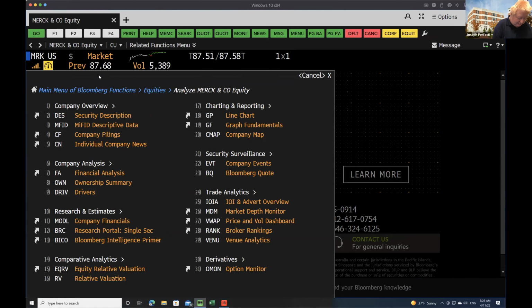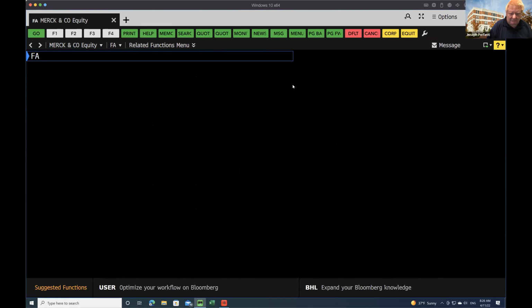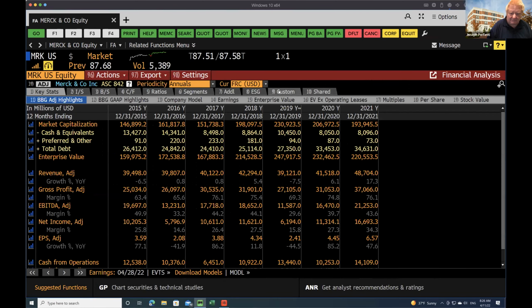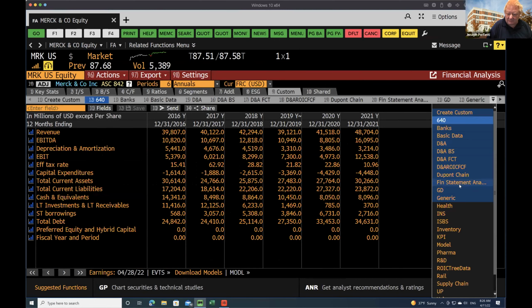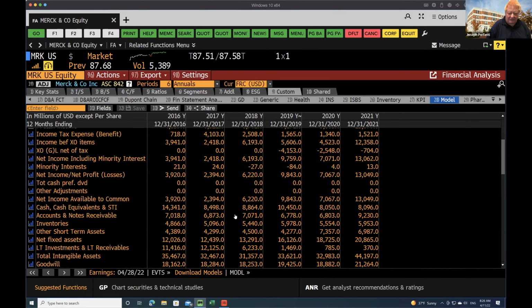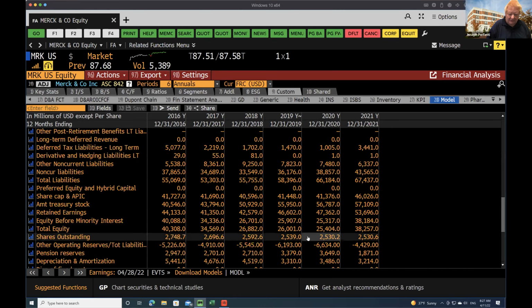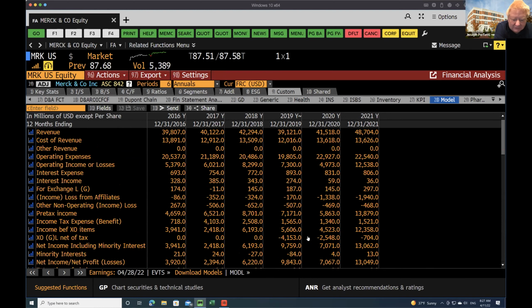As I said, you should be reading and doing a little bit of BICO on them and or IBISWorld under FA, custom. You should have your model template for Merck ready to go, right? And again, 6 years worth of historical data. Remember to get rid of all of the dashes, replace those with zeros. And the only difference between Merck and the Dollar General project that you just did is that you'll need to